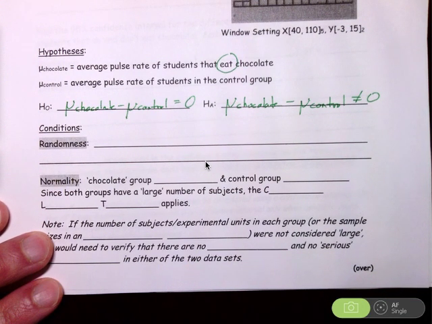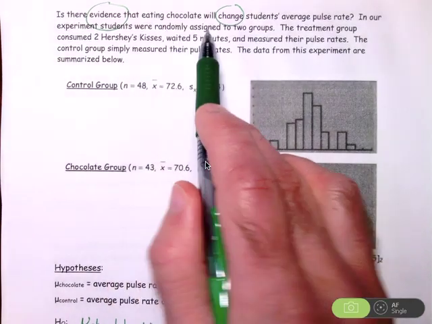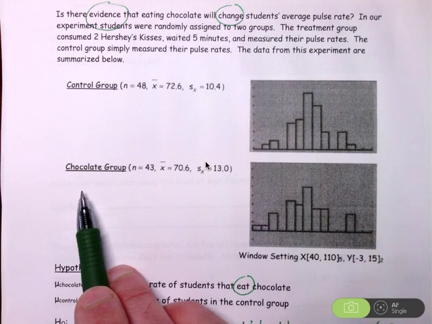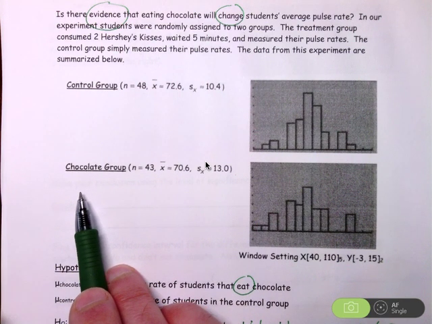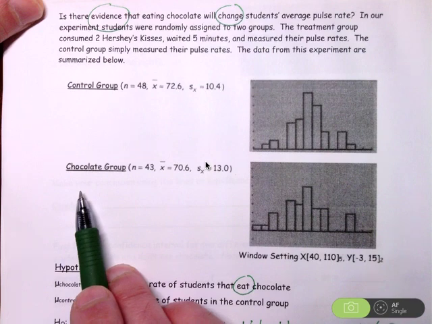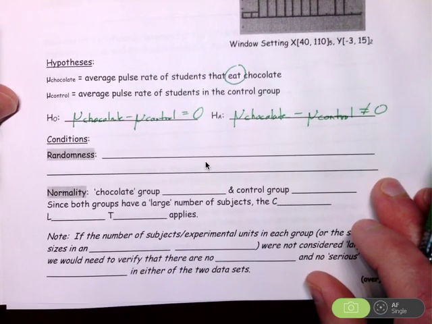Now, important, this is an experiment. This is not an observational study. We have random assignment into two groups, a control group and a treatment group. I am not randomly sampling from two populations and trying to compare the means in those two populations. So this is random assignment. Because I am not randomly sampling from two populations, I don't need to check for independence. I don't need to check the 10% rule in this case.